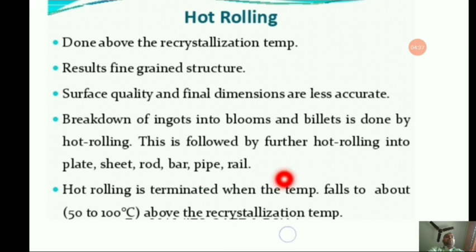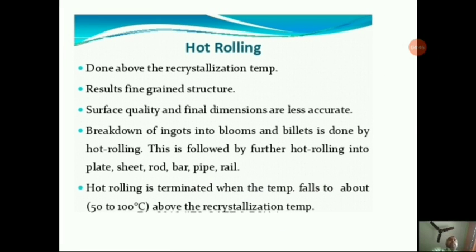Now hot rolling is terminated when the temperature falls to about 50 to 100 degrees Celsius above the recrystallization temperature. The metal is taken into rolls by friction and subsequently compressed to obtain the final shape. The thickness of the metal that can be drawn into rolls depends on the roughness of the roll surface. Rougher rolls would be able to achieve greater reduction than smoother rolls. But the roll surface gets embedded into the rolled metal, thus producing a rough surface. And I will discuss in a later part the angle of bite as well, and the different nomenclatures of this particular